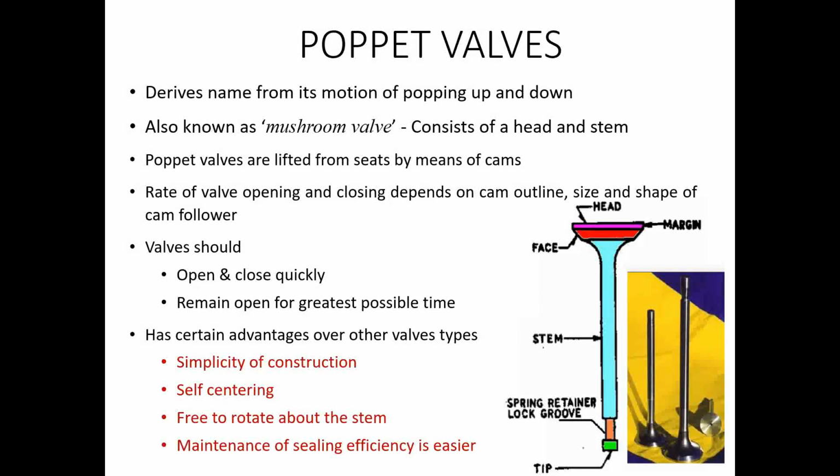Now, why is it called a poppet valve? So this is the poppet valve, the valves that are usually noticed in IC engines. You might have seen while doing the experiment the shape of the poppet valve. Poppet valve is also known as the mushroom valve because of its shape. It resembles a mushroom because it has a stem that is having a thinner cross section and a head which is having a larger diameter. So a lower diameter stem and a larger diameter head.